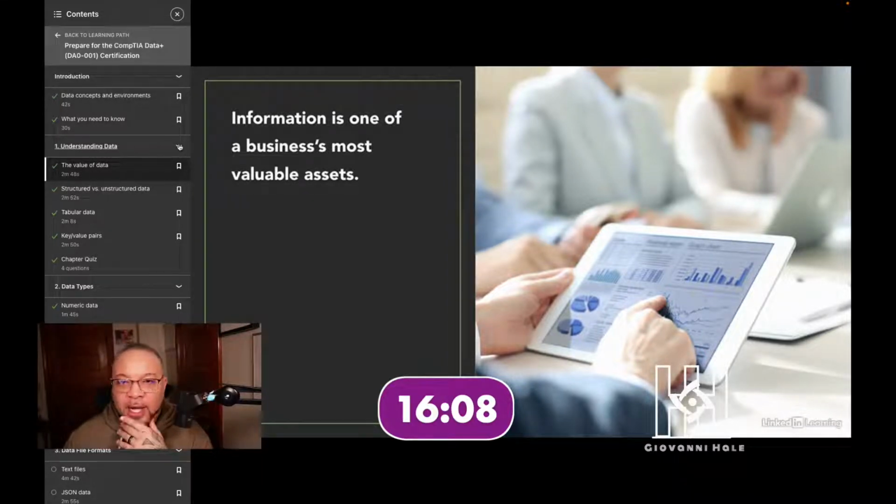However, if that information falls into the wrong hands, it could damage the organization's reputation, injure its customers, or cause financial losses. As a data professional, you're responsible for protecting the information that your organization values, and the first key step to that is recognizing that data and information are assets that have value to the business, just like your vehicles, buildings, and other equipment.